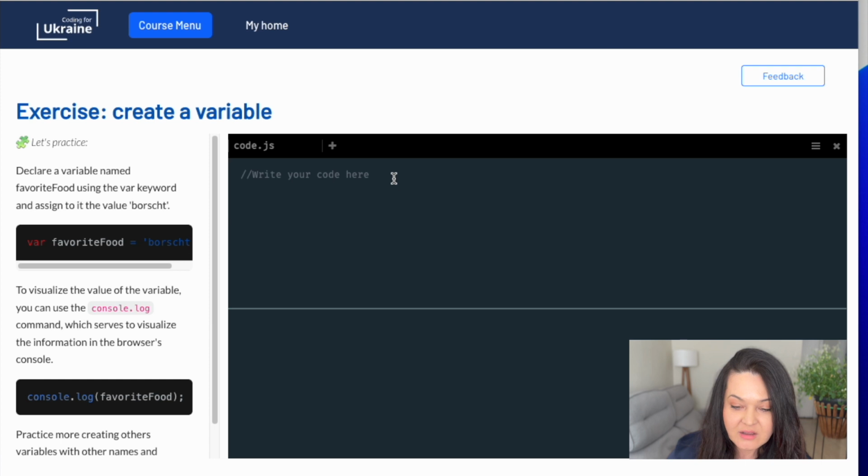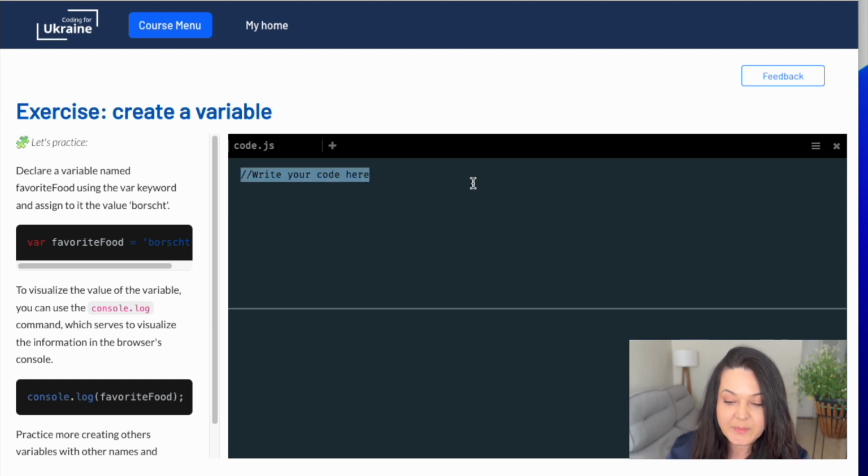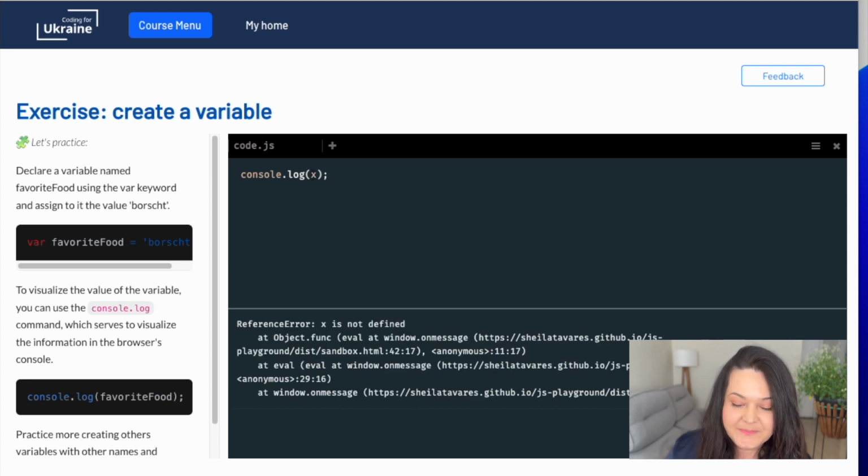So let's use the console.log method to see the output of a message. We write console.log and I will insert my name, Sheila, between quotes. To see the output of a code command, you can click on the top left where it is reading code.js and you will see the output here. If you have some error in your code, for example, let's change here to display an error and you will see the output of this error.